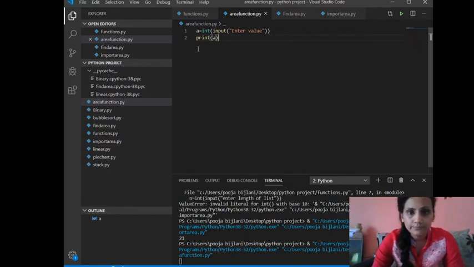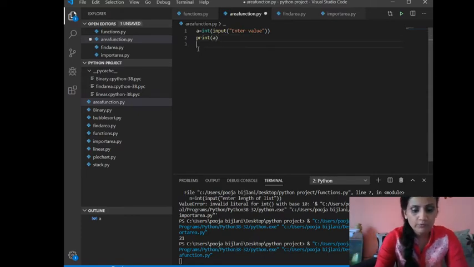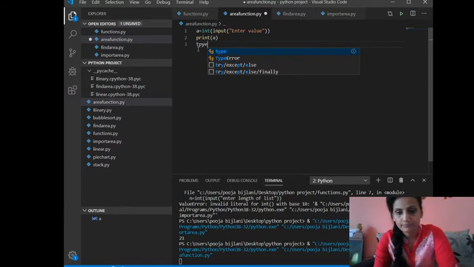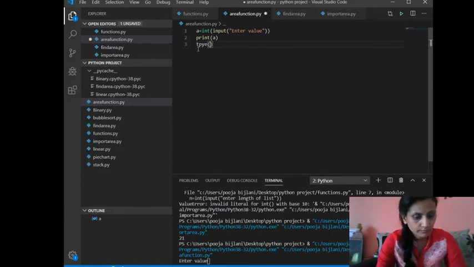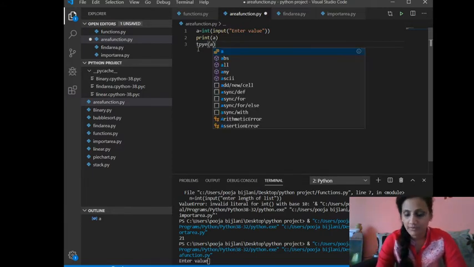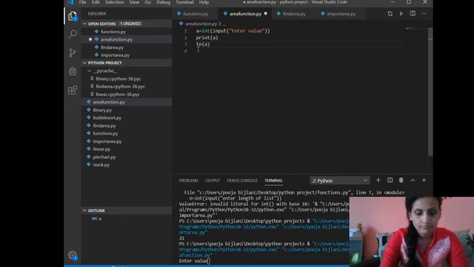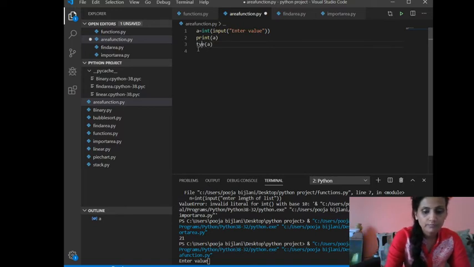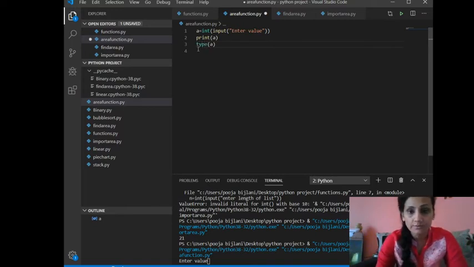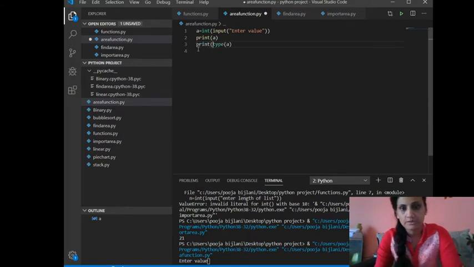Now similarly, if you want to find the type of this variable, type is one built-in function. Type a, print the type of a, print.